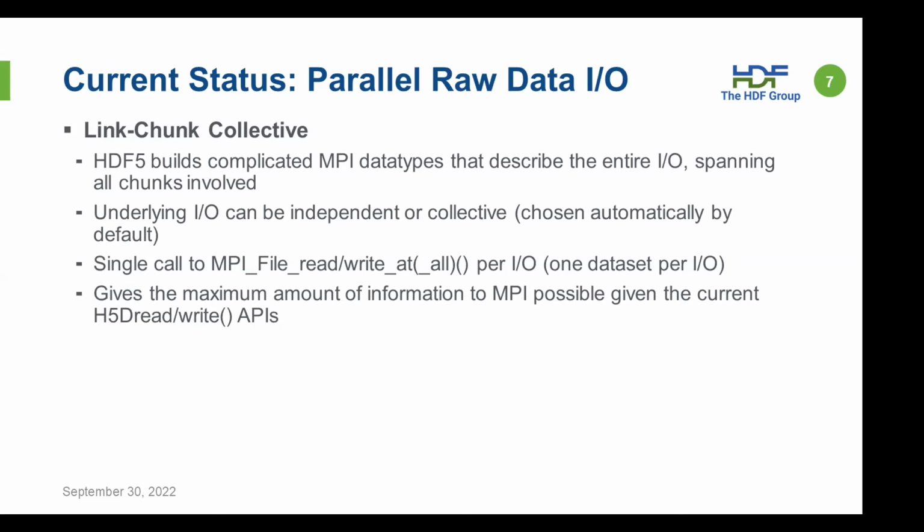It takes into account the offset of each chunk in the file, and then it offsets sub MPI datatypes in a struct, sort of a meta MPI datatype struct. Similarly, the IO can be independent or collective, and for each dataset you only make a single call to MPI file read or write. This gives the maximum amount of information possible to MPI given the current